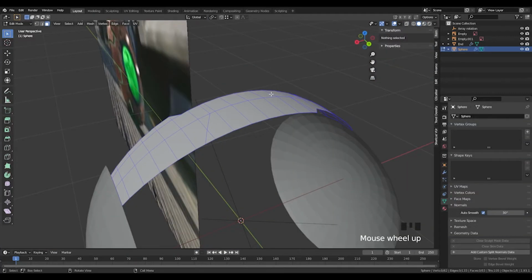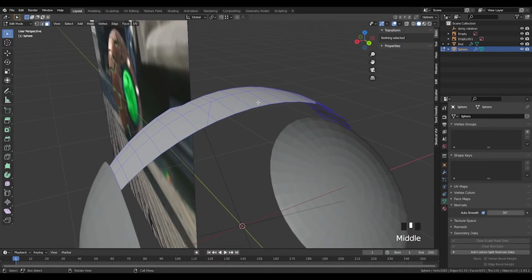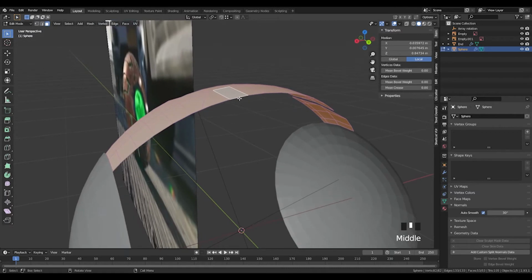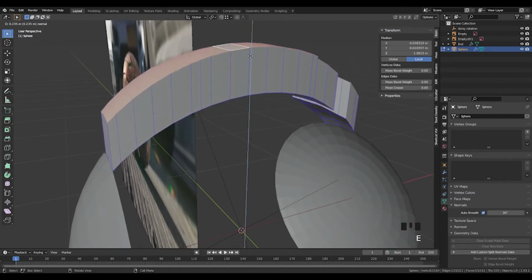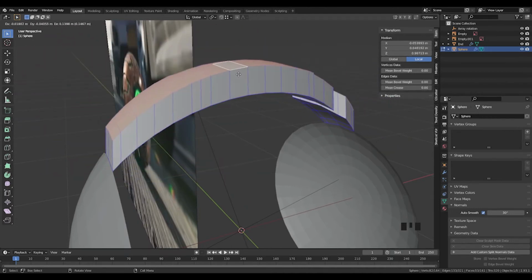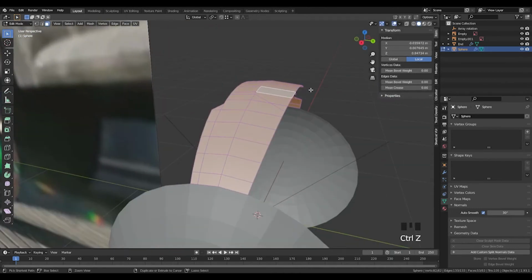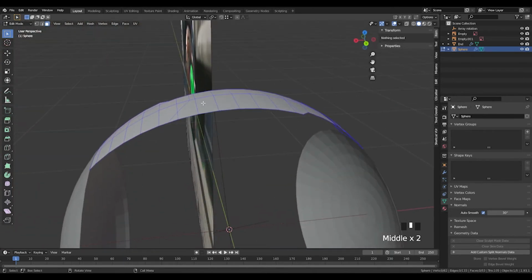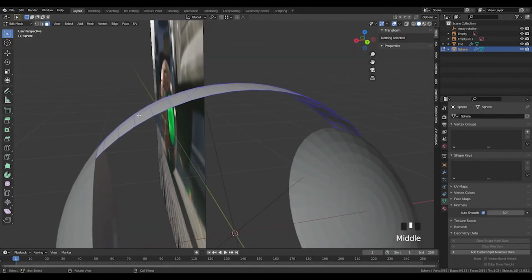Okay, so what we want to do next is add a little bit of thickness into this object. So with edit mode selected and face mode, you can select a face, press A. Usually in Blender you can just press E on the keyboard and that will allow you to extrude along whatever you want. We're not going to do it for this bit. What I would like to do is extrude the whole model but keep each face in the way that the